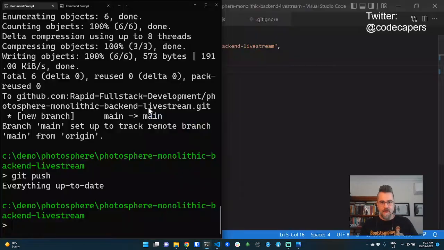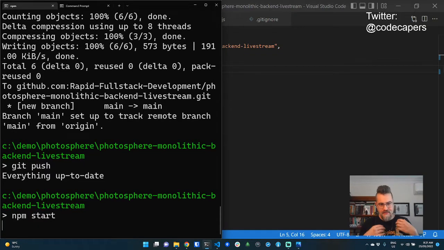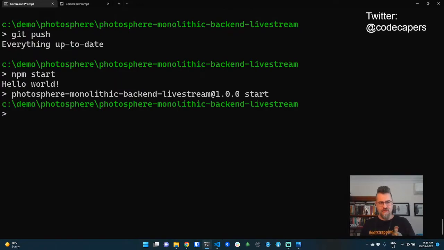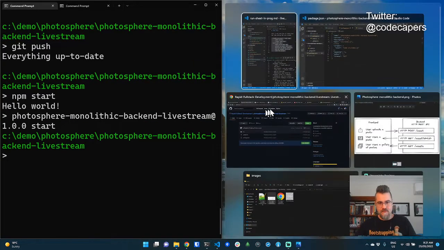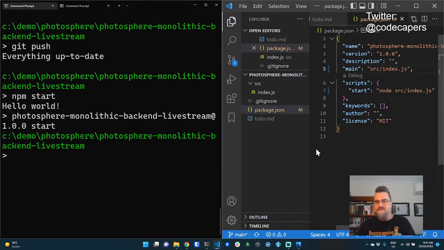So now if I go back to here, I should be able to run npm start. And that is what runs our Hello World application. So npm start is the conventional way to start a Node.js application. And it doesn't matter what the name of the entry point is. It doesn't matter what the name of the script is. It doesn't matter what command line arguments you might have to pass to it. However it starts, npm start is the conventional, easy way to start it.